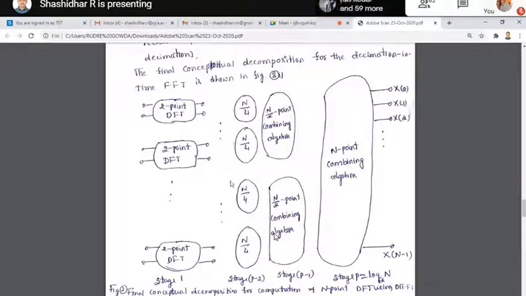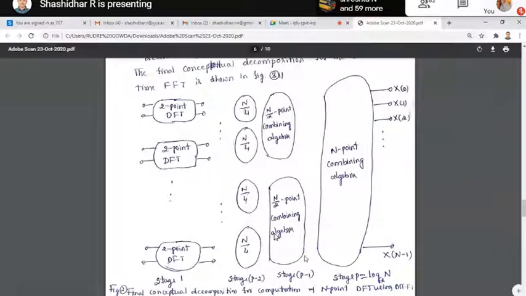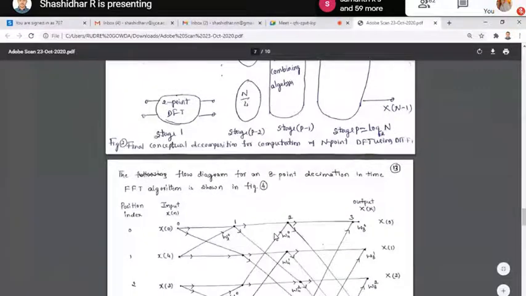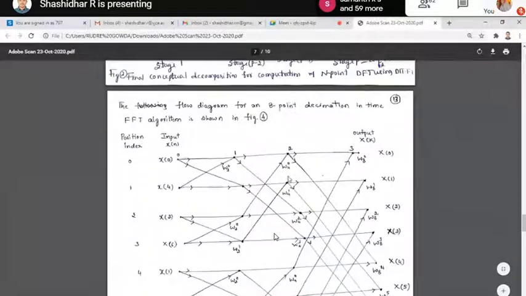So at least you should know what the even and odd sequences are, and how we divide the values. Okay, one problem I actually solved, I'll explain. But before going to this, let us go to the 8-point DFT. How does the 8-point DFT work?